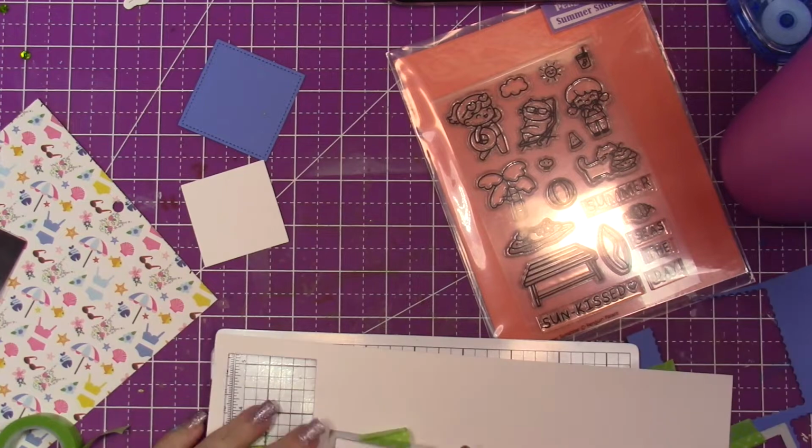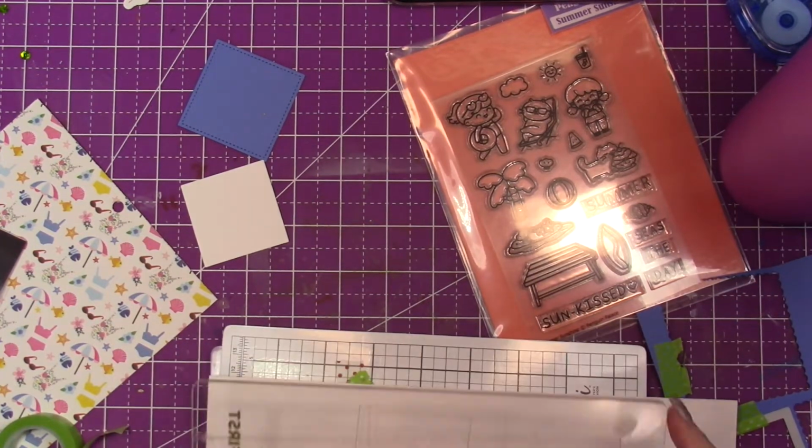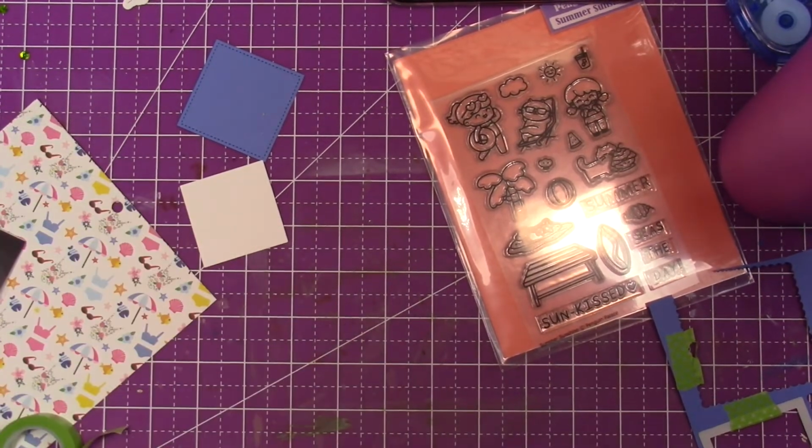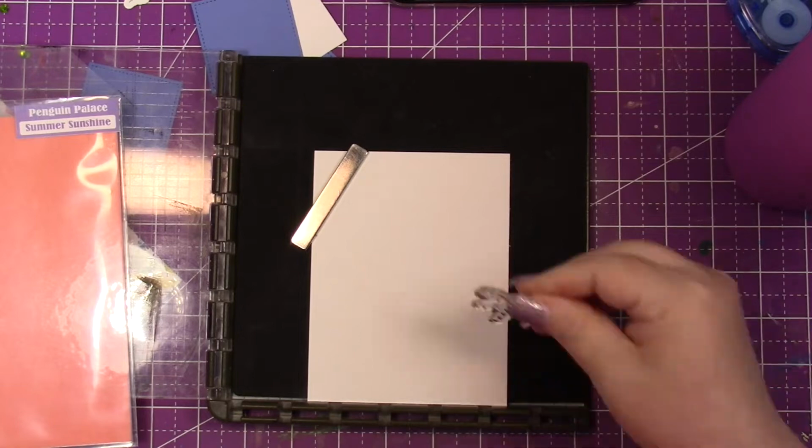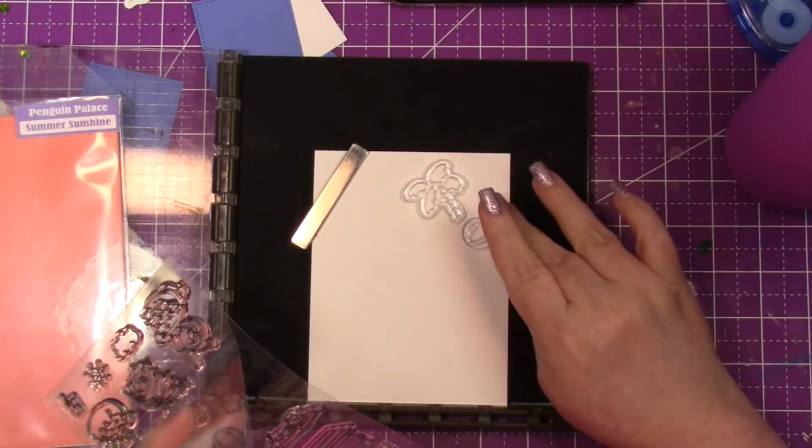Or 4 by 5 1/4. Now I don't even remember. I just made this card last night, Misty Brain. Anywho, so I cut down the cardstock, and now I'm going to stamp the